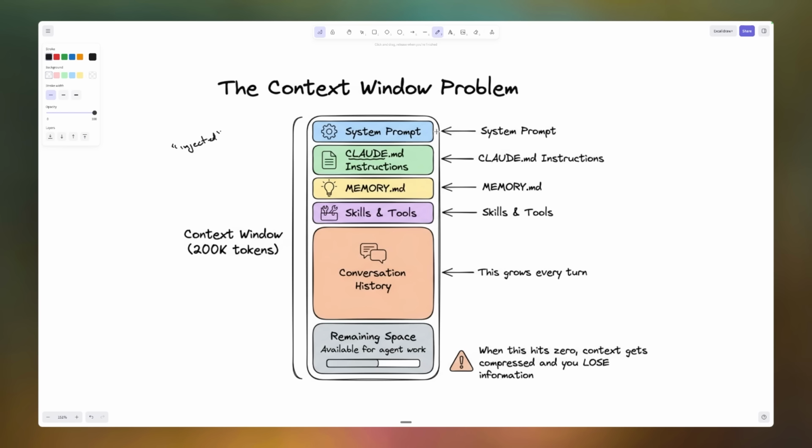Now you have your system prompt up top. You then have the Claude.md, agents.md, and whatever else. You have a file, at least in Claude Code, called memory.md, although there are analogs in other coding platforms. And then you also have skills and tools.